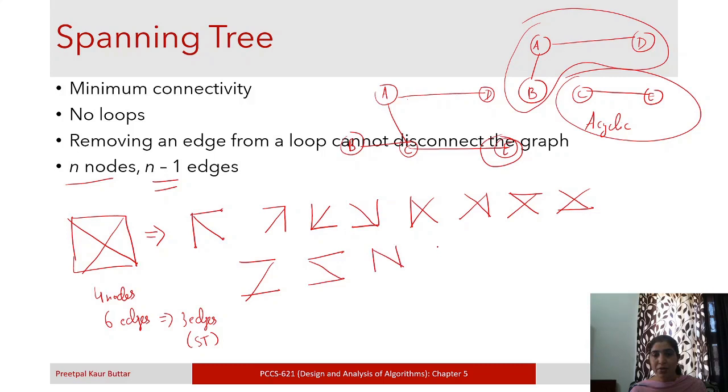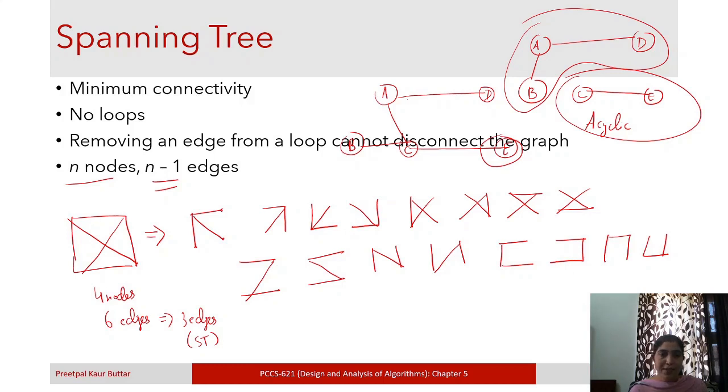We can do this also, right? I think there must be some other possibility also. For example, like this, like this, like this, and like this.